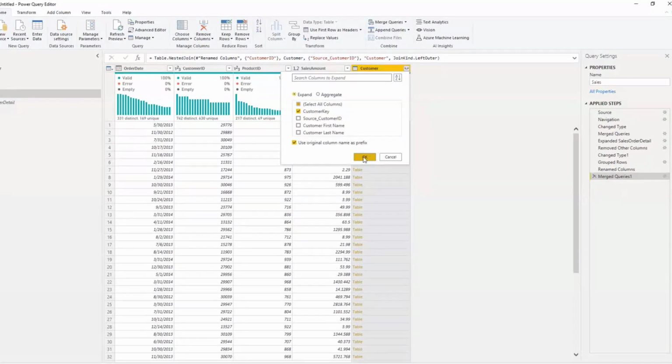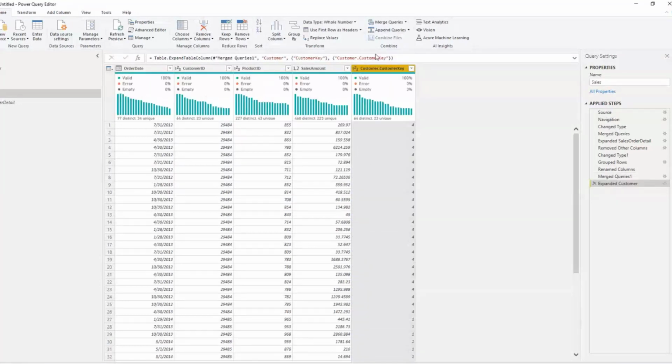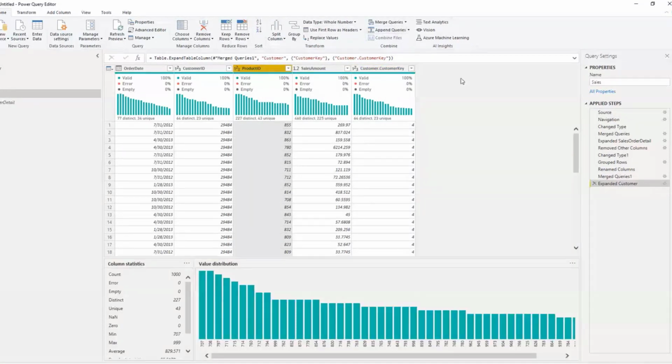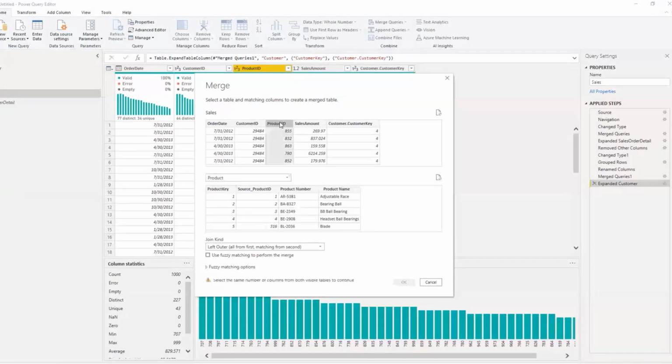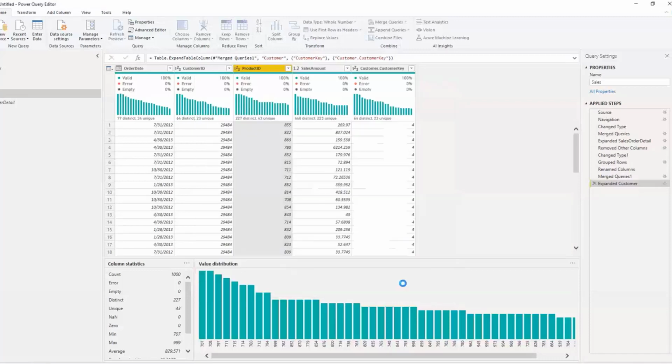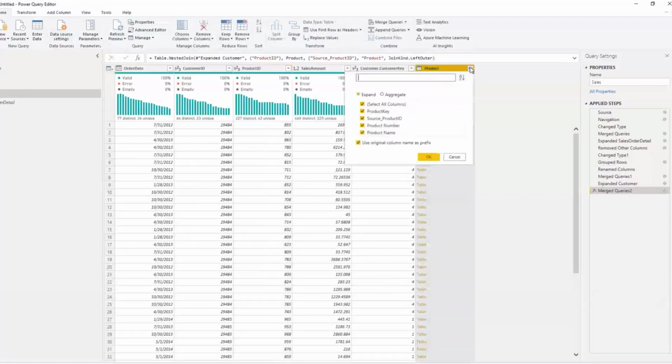And I'll quickly do the same to the product as well. Once again, you click on the Merge Queries option, Home tab, Combine, Merge Queries, and in Merge Queries you select the product table, and in the product table you select the product ID and then the source product ID, and basically a left outer join. Once again, it will be referred to as the product table, and in this reference I just want the product key as well, just to join both of our tables. So I'll be bringing that in here.